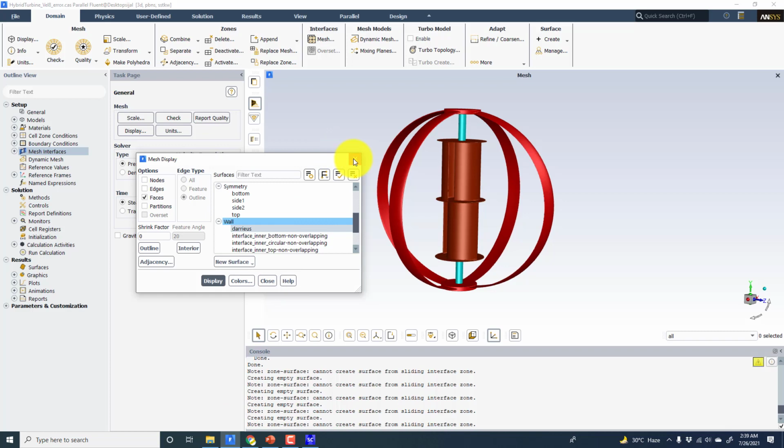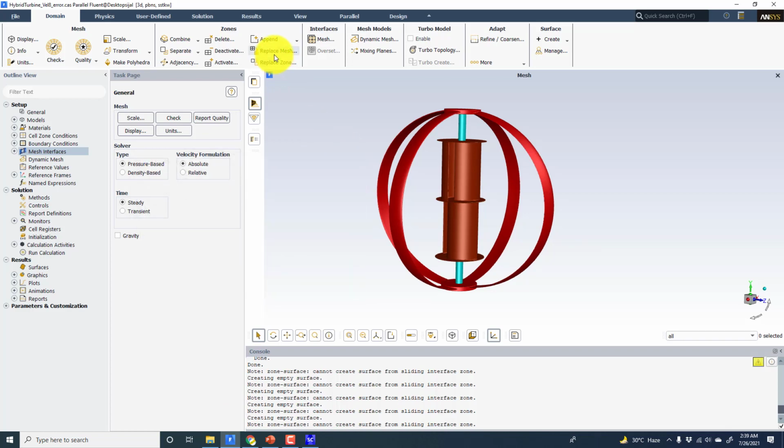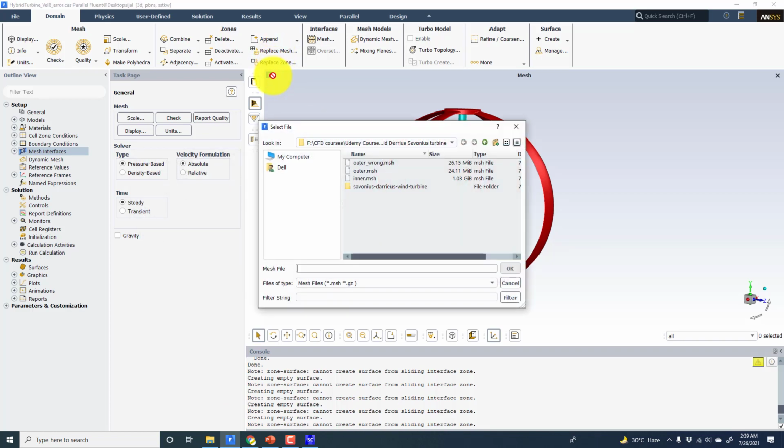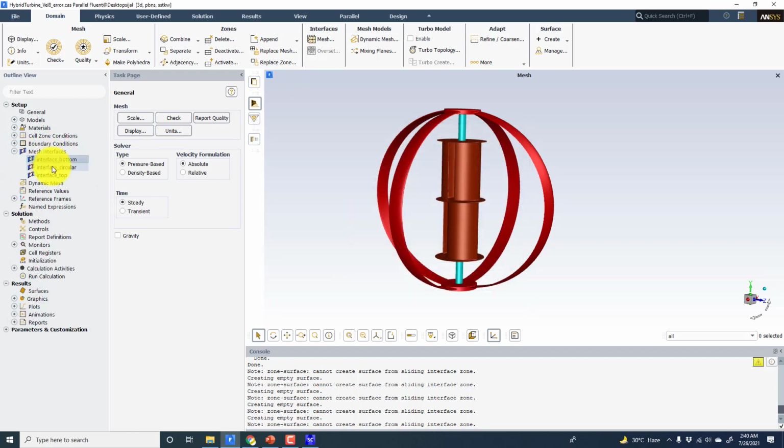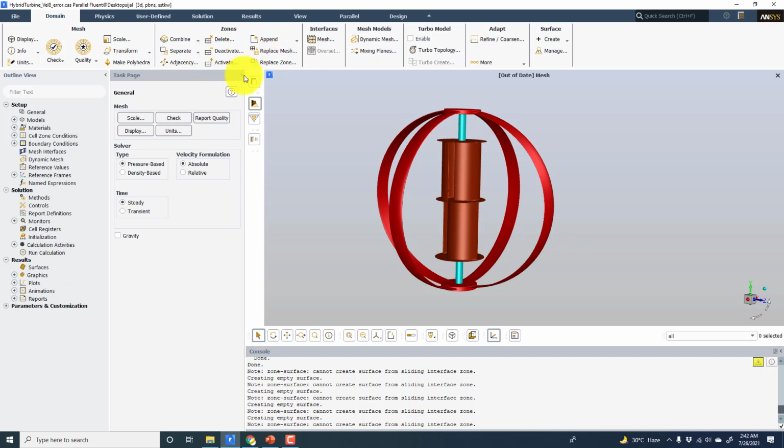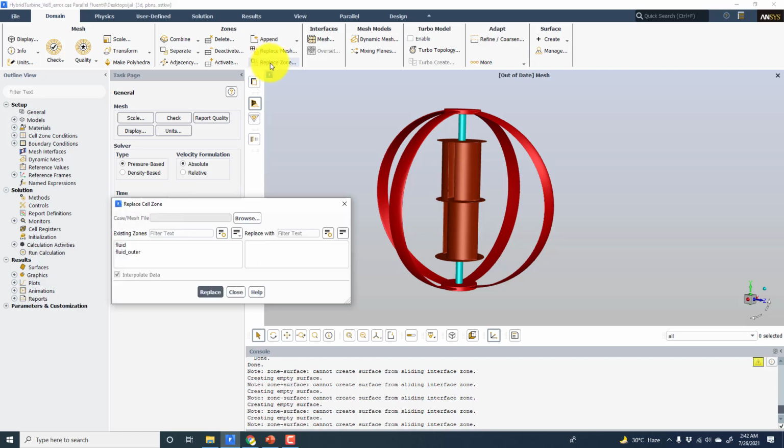So I will show you what I did here. I can replace it from Fluent. Before that, I would recommend deleting the interfaces. I will select all of them, right click and click on delete. Now we have deleted all these interfaces. Then go to the zones, Replace Zone, and click on Browse.